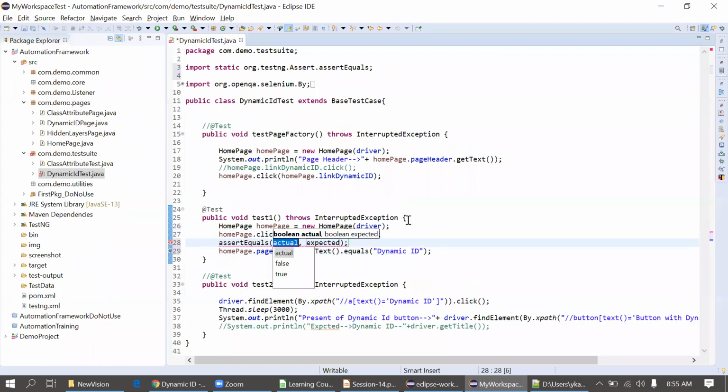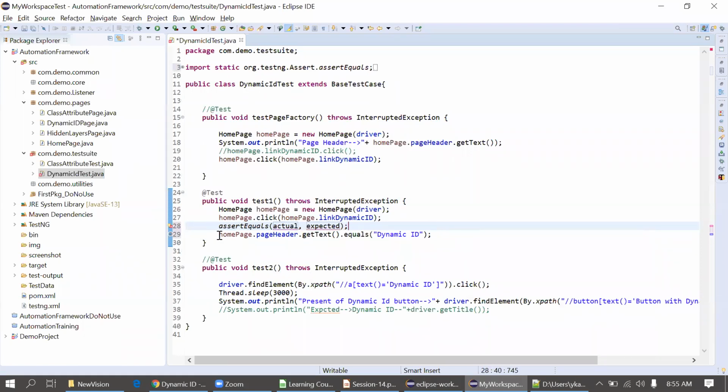Assert equal. In that I'll put this first part, which we are getting from the UI. I'm copying this. Now you can see the first is the actual one, the second is the expected one. Actual means from UI. I'm copying this and pasting it here.